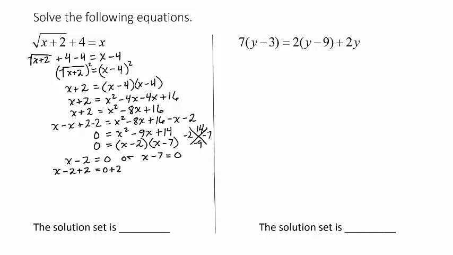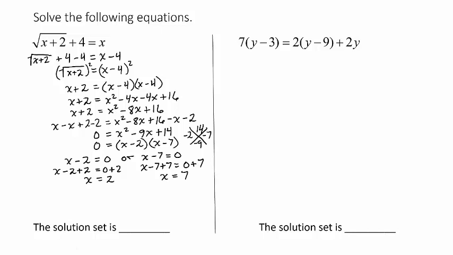0 plus 2. And that will leave x equal to 2. And over in the second one, I'm going to add 7 to both sides, right? Plus 7 and 0 plus 7, and I'll end up with x equal to 7. Okay, so I have two solutions, x equals 2 and x equals 7, and it's always a good idea to